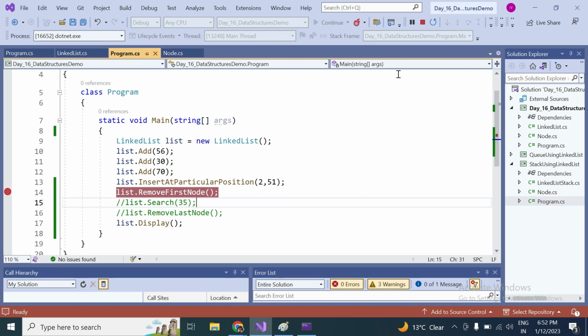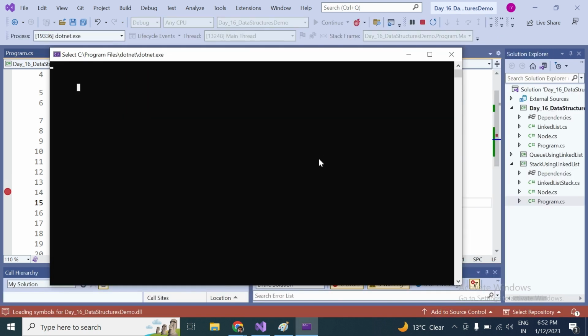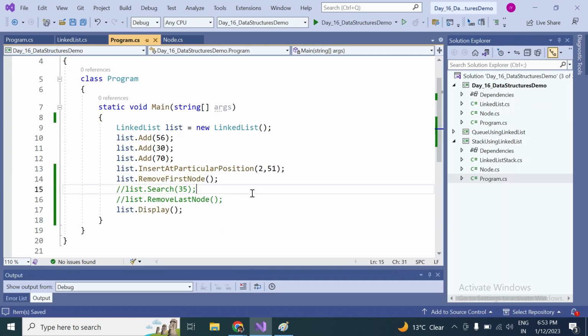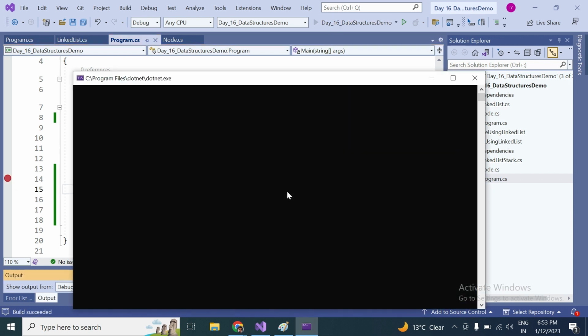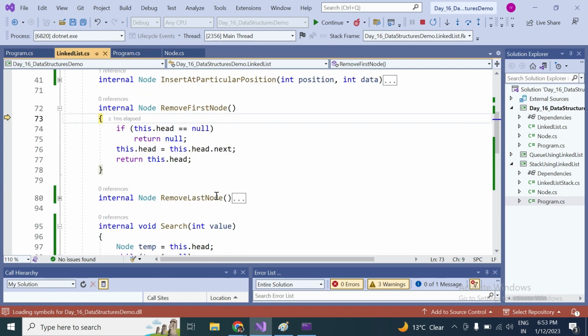So control will come here. Okay, I think it got stuck. Let me save it. I will put the breakpoint here and try to run. Yeah, it came. So now if you see, the same logic we have, like this dot head is equal to